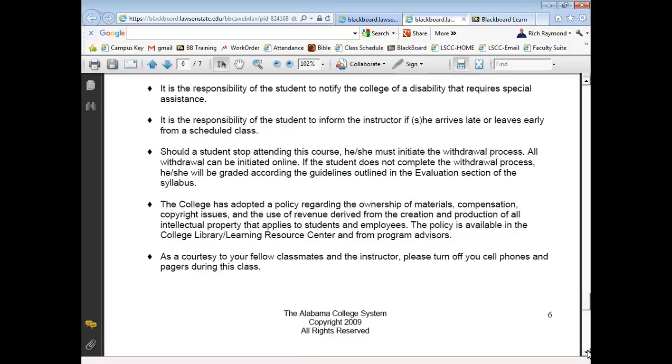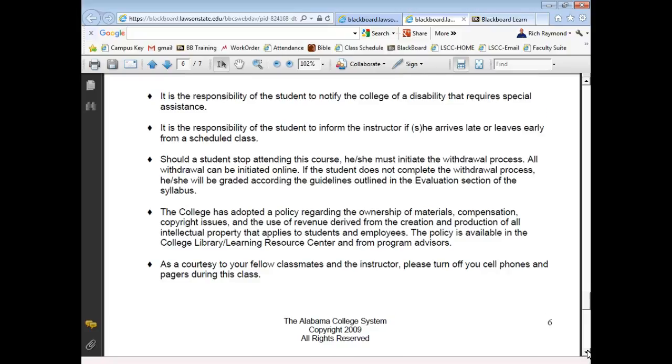And it's the responsibility of the student to inform the instructor if you arrive late or leave early. This is a safety consideration here. So if you come in late after I call roll, then you need to let me know you're here. Or if you have to leave early, don't ask for my permission, because if you ask for my permission, I'm going to tell you what,